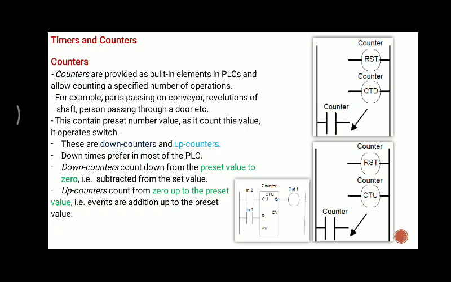Suppose 100 persons pass through the door, then this counter will act and close this switch. So there will be flow in this rung, and the output over here will close the door. After 100 persons pass, the door will be closed. Like this, the counter works.